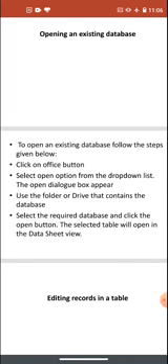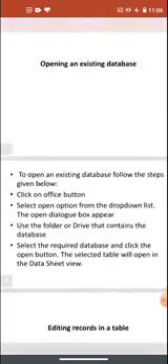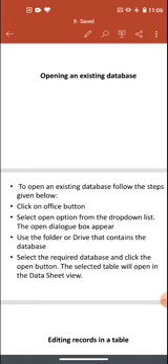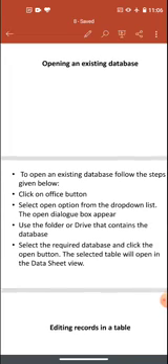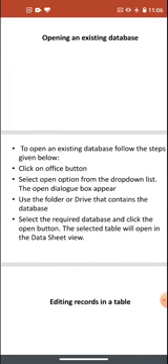Suppose there are 10 databases, whichever database you want to select, you have to click on that, or you can double click, or you can do a single click and then click on Open. That database will open in datasheet view. I have told you there are two types of views in which you have to work: datasheet view and design view. Design view is used to design your database, and datasheet view is used to enter the data. You can also design the database from datasheet view, but it is a little bit complex, and it is easy to design the database in design view.